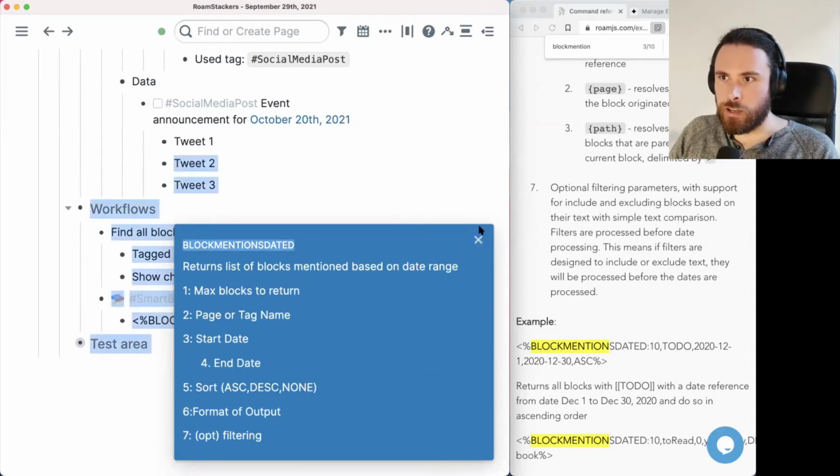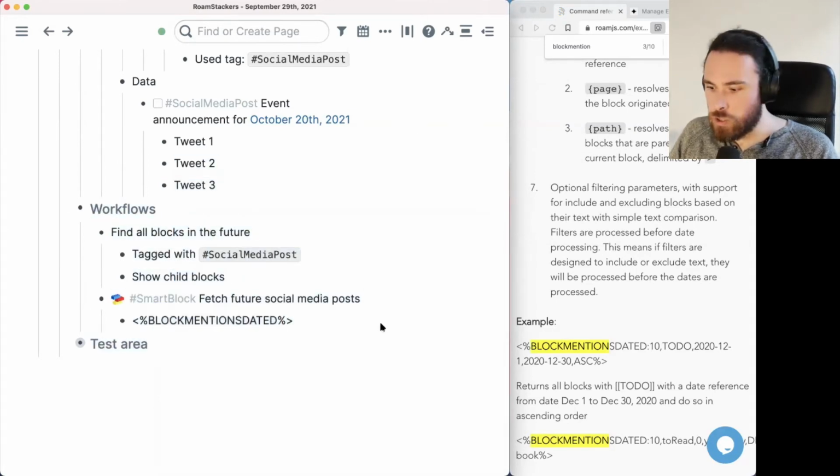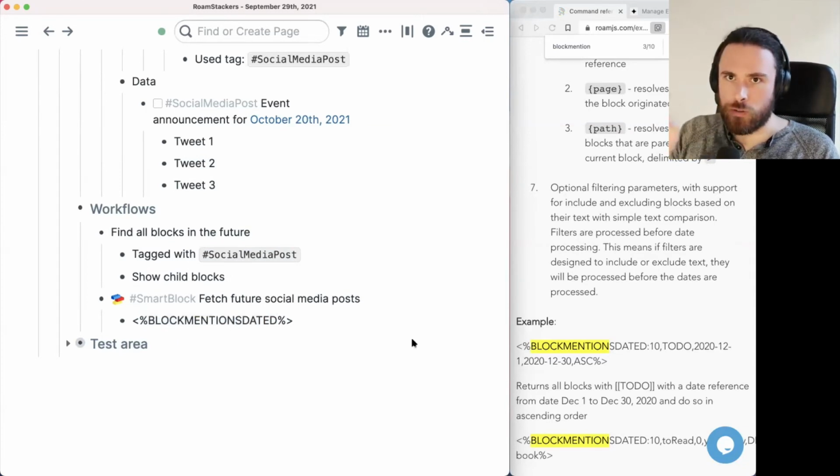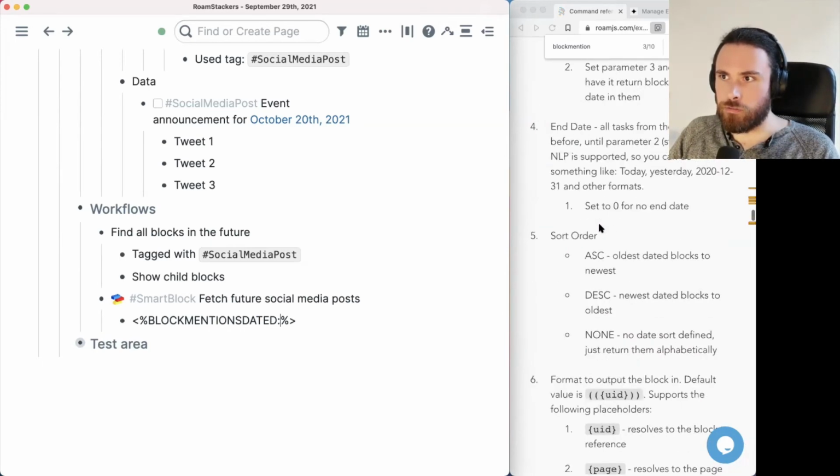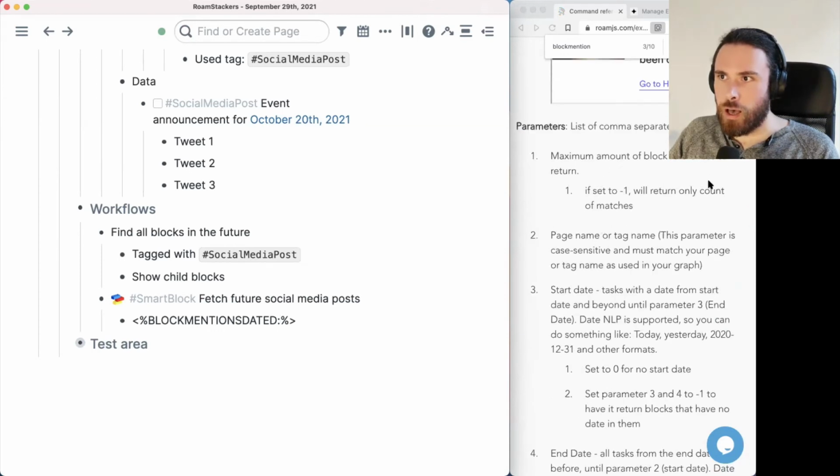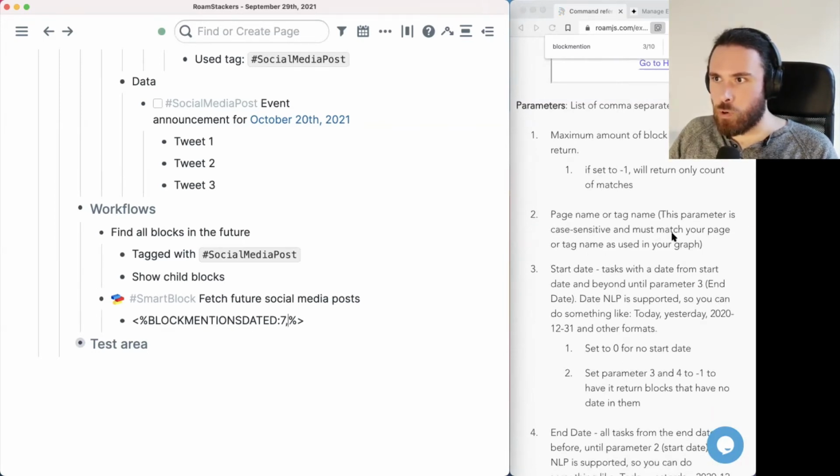No, I cannot move this. What I need to do is enter the arguments, the filter options. I need to hit colon, and then I can put in the different options. So maximum amount of block references to return. Let's keep that to 7, one per day. The page name or tag name. So social media posts